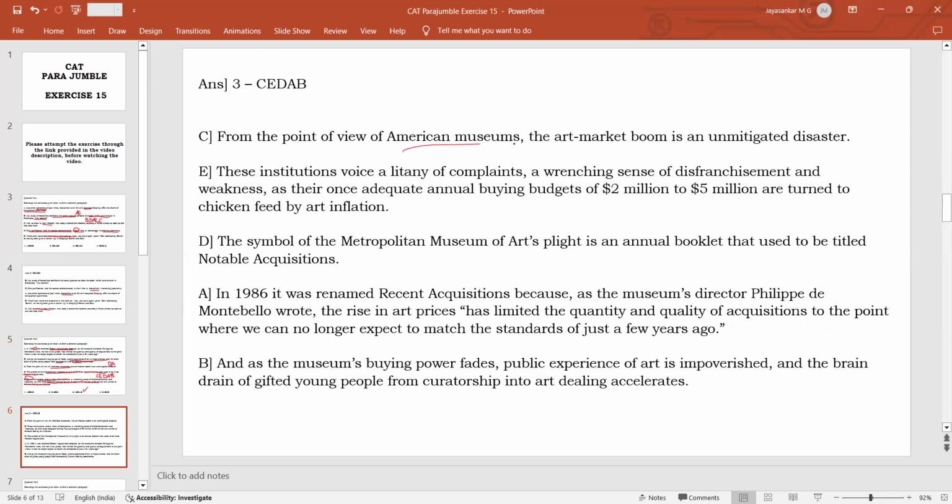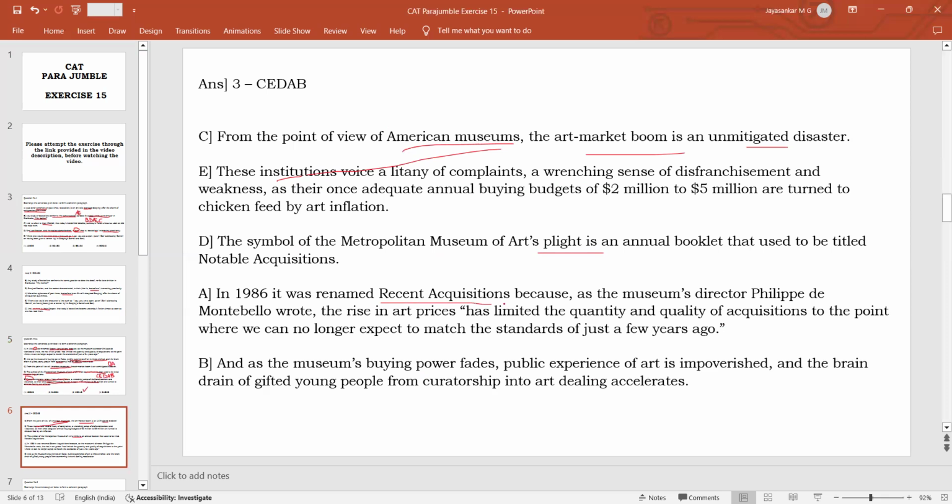From the point of view of American museums, the art boom is an unmitigated disaster. These institutions, meaning the American museums, are voicing a litany of complaints because of the budget problem, and the symbol of the Metropolitan Museum of Art's plight is an annual booklet. This indication of the Metropolitan Museum of Art's problem is the booklet that used to be titled Notable Acquisitions,